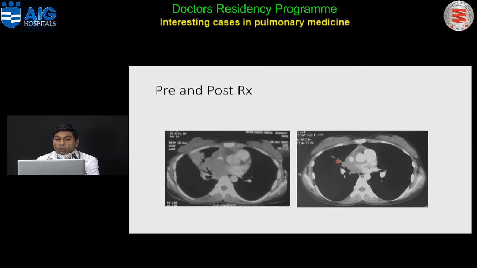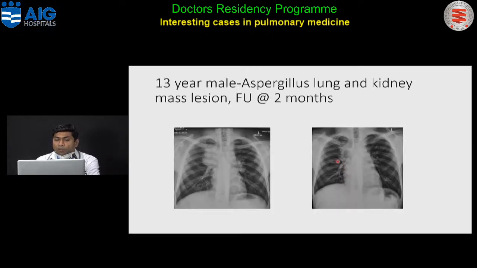And again we have one more interesting case of a patient who presented with an Aspergillus lung and kidney mass. This patient again presented with a non-resolving paratracheal mass lesion, and was treated with anti-tubercular treatment, and was even given steroids based on the report of a transbronchial needle aspiration showing granulomatous inflammation. So after the failure of the anti-tubercular treatment and steroids, this patient came for a definitive diagnosis.